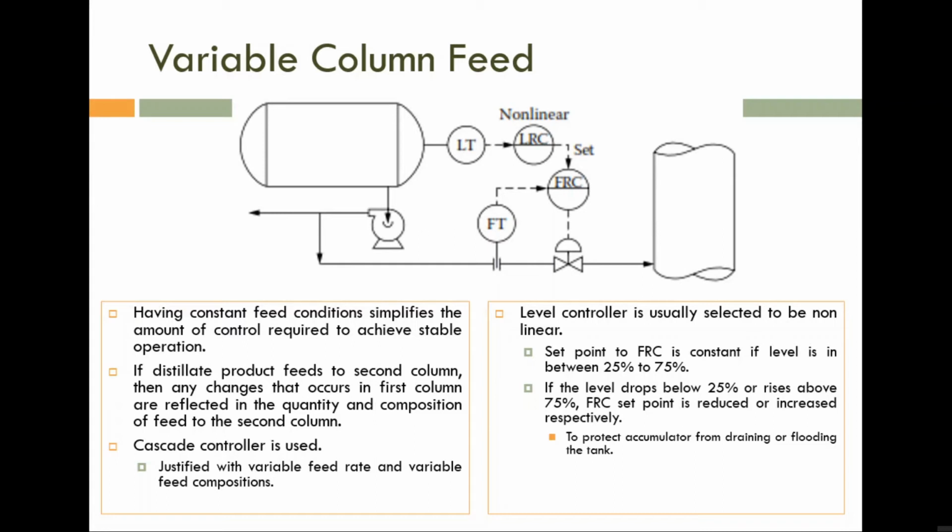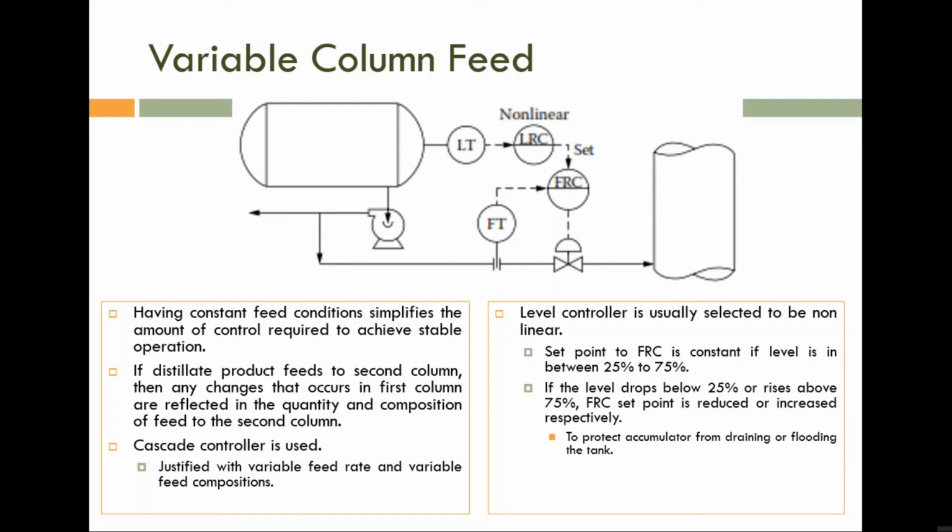So if you want to maintain both level and flow, you can see that if level is varying, in order to maintain level, we have to change flow. So how can we maintain the level and flow simultaneously? That is not possible. If you are trying to maintain the level constant, definitely we have to adjust flow in some situation. So maintaining level and flow is not possible. Okay, so here a strategy is used.